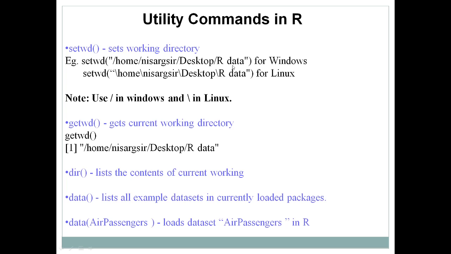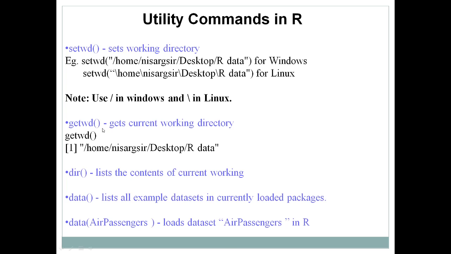R data is a folder that I have created on my desktop, and I need to set it as the current working directory where I need to store all my data. So this is how I can set the path for the folder by using set working directory. This is for Windows, and for Linux I only need to replace the forward slash with a backward slash, and the same command will work for Linux.